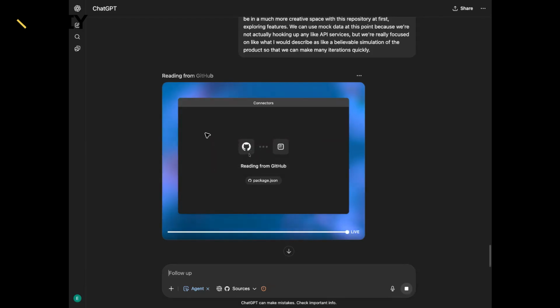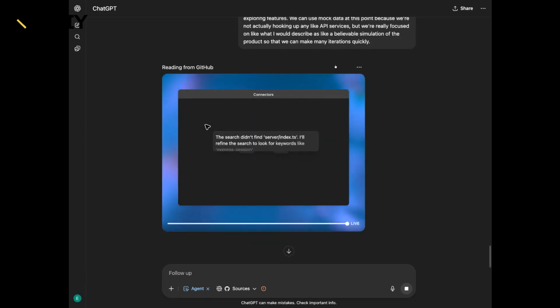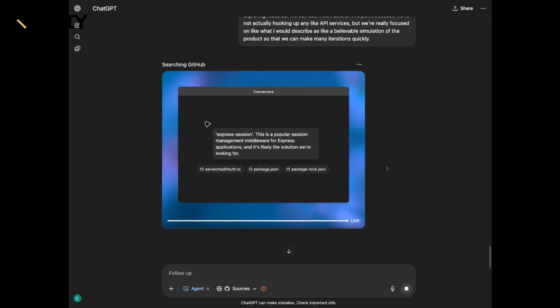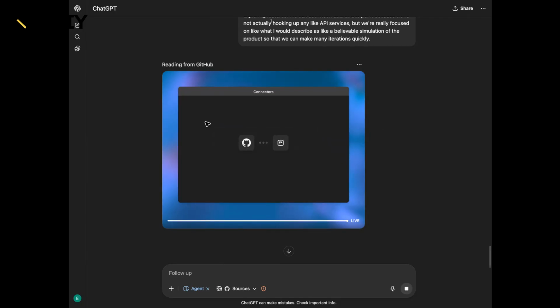But I'll just mention here the reason I really like ChatGPT with agent mode using these connectors is that this agent is now running through that GitHub repo that we put up, looking at a variety of files. We can watch it over time, so you can go back and send this to a teammate and show what the agent was doing, which is really powerful. You can take over and control it as you want. This has been a total game changer for me, to make sure I'm looking critically at a repo outside the context of my problem solver on the other side of these things.